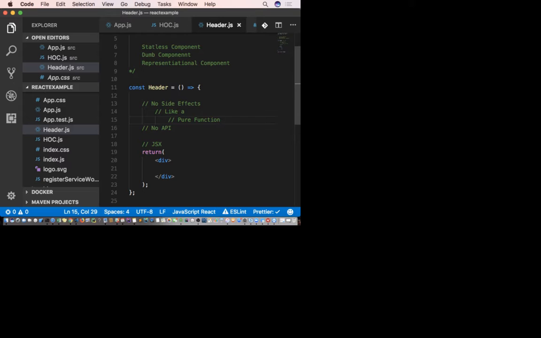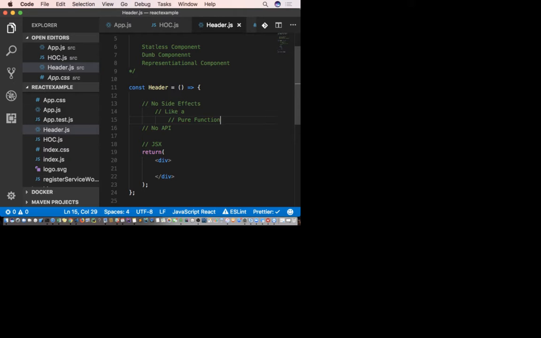Anybody know what a pure function is? Okay, that's fine. Now, no side effects. There you go. Trust me, guys, JavaScript is evolving. We need to keep up to date with it. Now there is a new term in the market, and I'm going to throw this out there for you, and this is going to come very handy when I look at her code, and I'm going to use one of these things right there. I'm going to look at her code, which is going to help me understand what's going on.